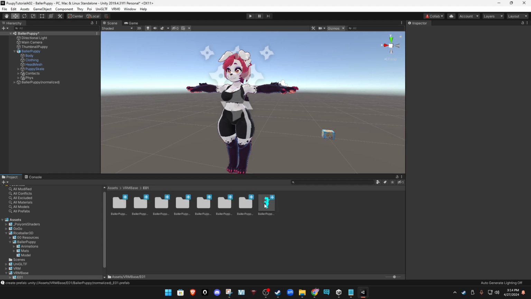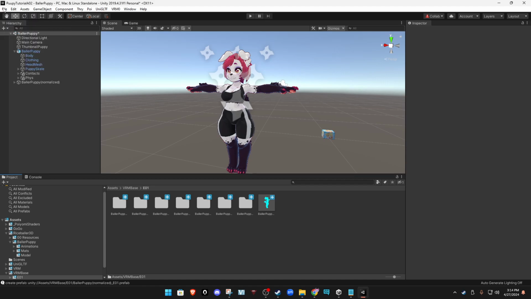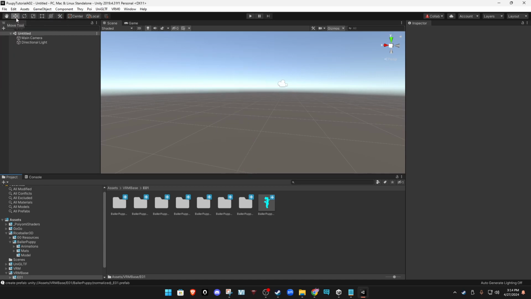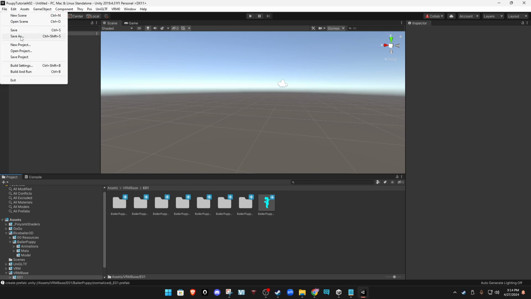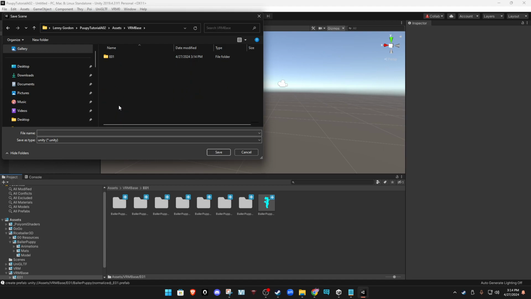Okie dokie, so now it's in here, but we still have to do some fixes to this. So what we're going to want to do is save this level we have open, and once it's done saving, we'll say new scene, so we get this blank scene. Then we're going to want to say File, Save As, to save this scene in a location, and we're going to go inside of the VRM base,